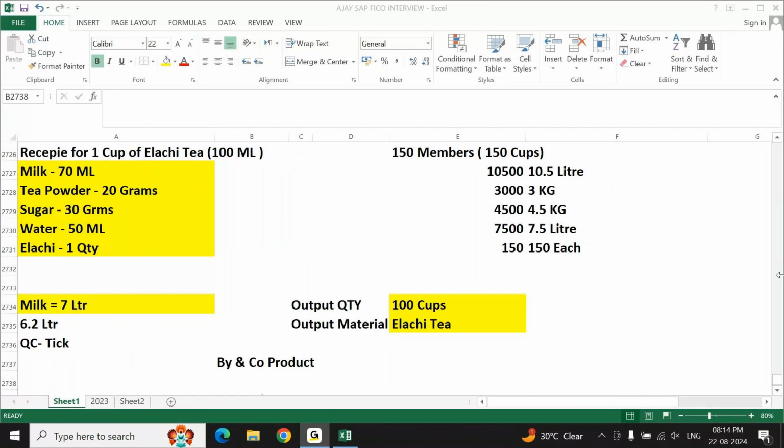Okay, we need to understand what is byproduct, what is co-product, how these are used. Forget about where these are coming from, just ignore it at this moment, but try to understand that these things are possible when you do a production. Then when you look at it from the CO point of view, product cost, material ledger, actual costing, COPA, or marginal analysis point of view, you'll be able